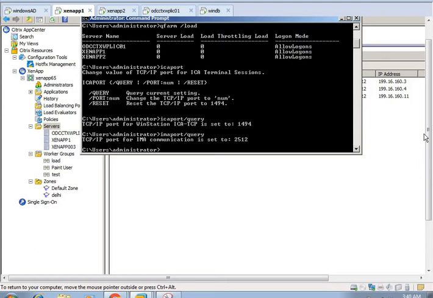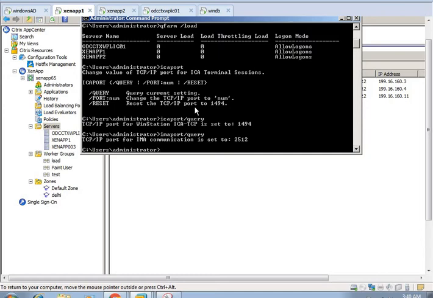In that case, you need to go to Google and search for the Citrix tool. That tool name I will show you on the screen. Once you search Google for the load diagnostic tool, you will get it and you can download it. Then you need to run this tool on the Citrix server and then restart, in case there is no user load on the server and you are getting 10,000.